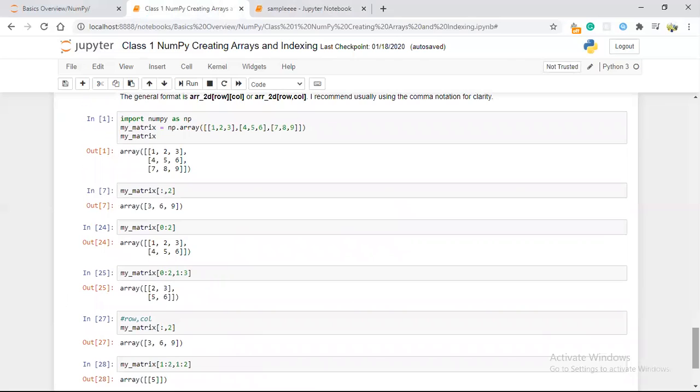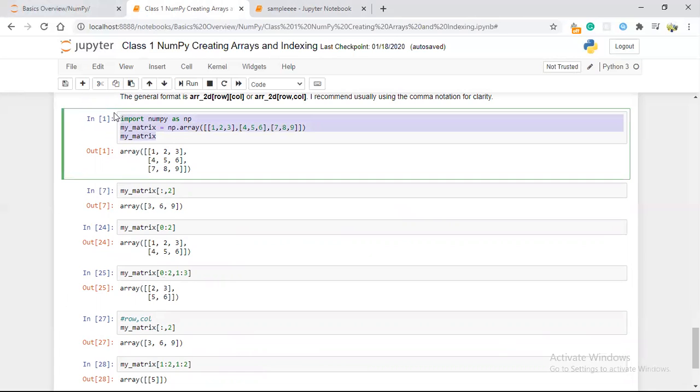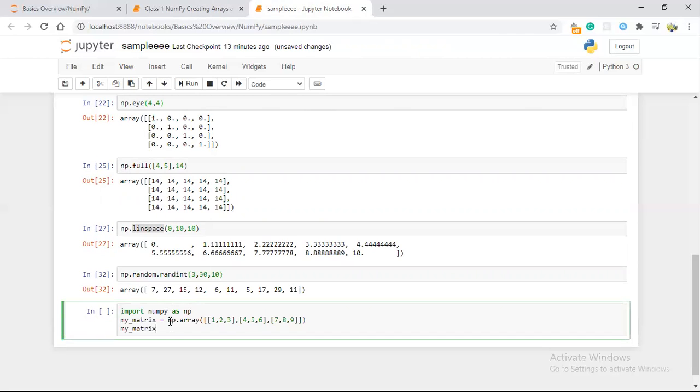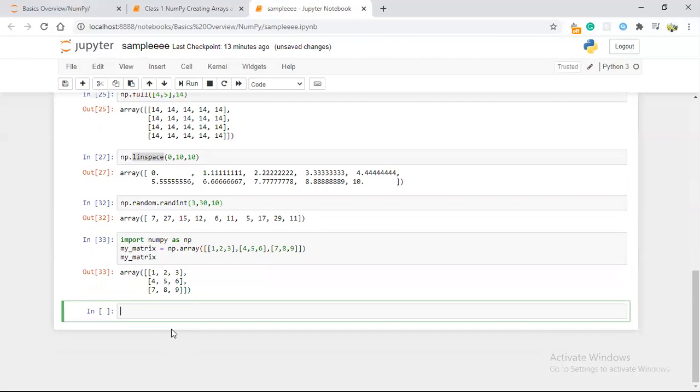Okay, so the next thing we need to discuss is indexing and slicing. That's another important concept. We are already aware of what indexing and slicing are. Indexing is used to point out only one element, and slicing gets a particular portion. So now we are going to handle indexing and slicing in NumPy.